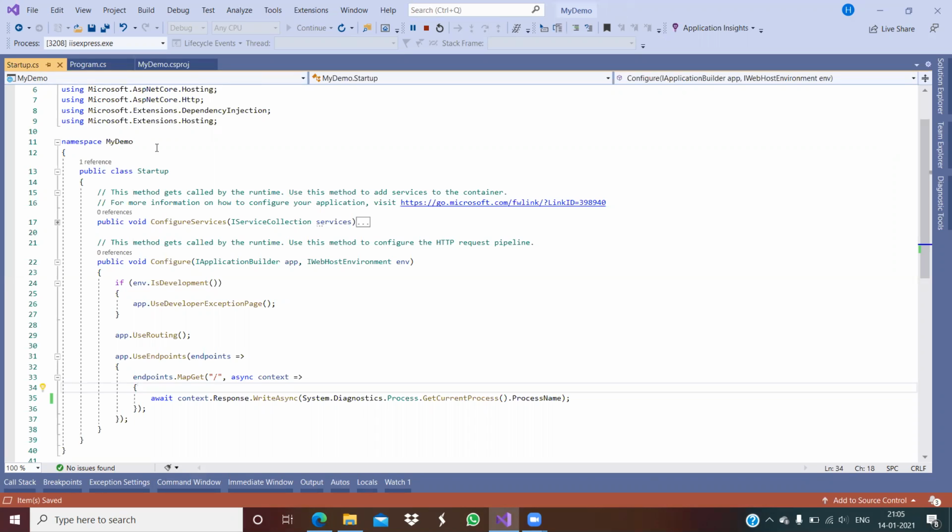Now in the in-process hosting model, there is one server, the internal server. The internal server is nothing but the Kestrel server. So what is the Kestrel server? Kestrel server is cross-platform, so on any platform we can run our ASP.NET Core application using the Kestrel server. It is also an edge server that handles the client request, processes it, and sends the response back to the client. Since only one server is used, the performance will be better compared to the out-of-process